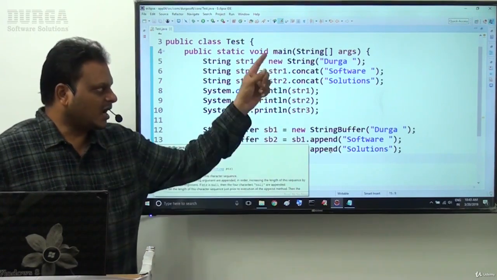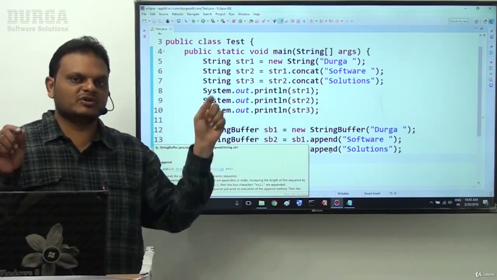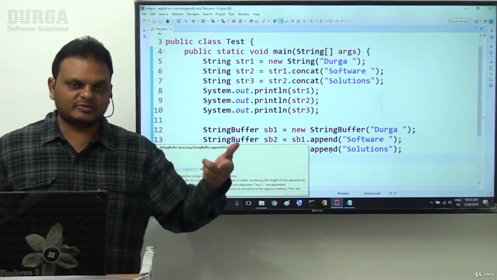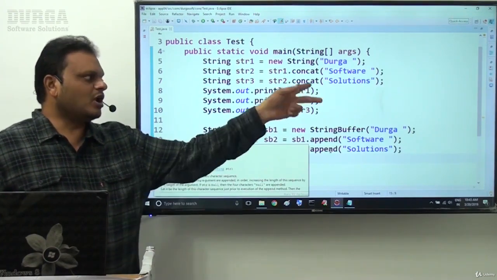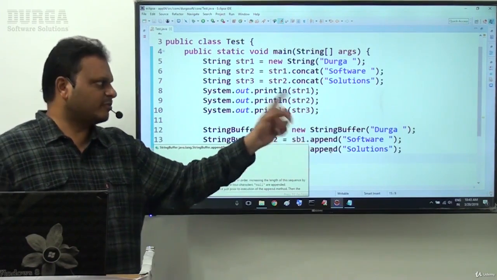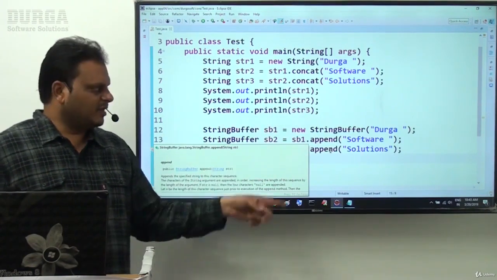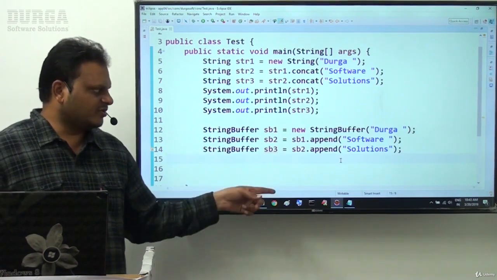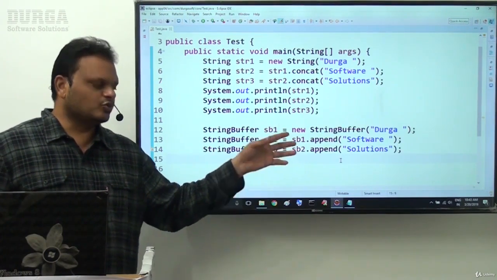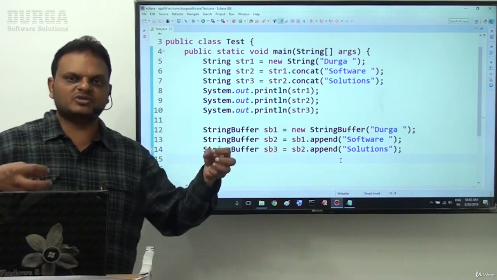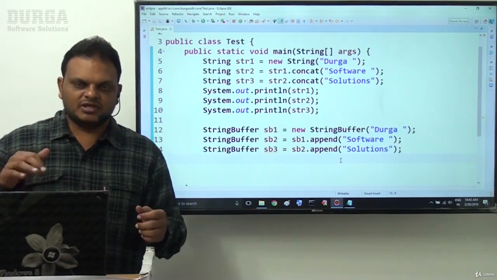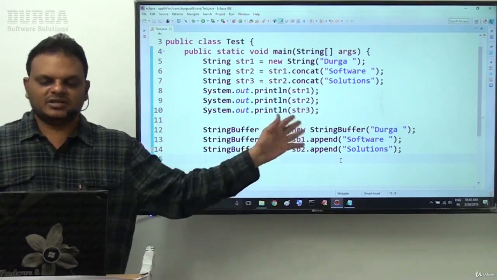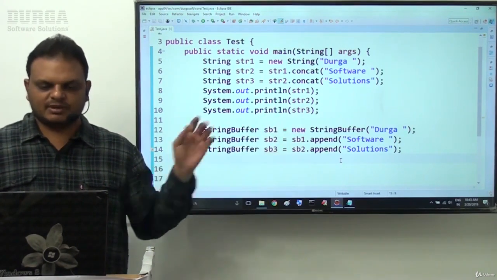Here we need to understand the difference between concat and append. Concat appends two string values in an immutable manner. As per this immutable nature, two string elements are appended in the case of the concat method. But the append method is available inside StringBuffer, and it appends the two string values as per mutable nature. In that mutable nature only, the two string values are appended in the case of StringBuffer by using the append method.